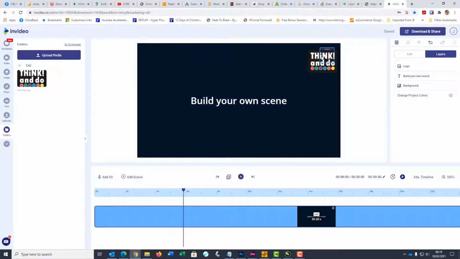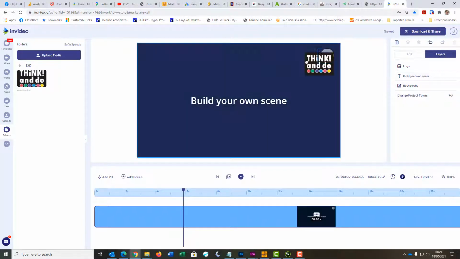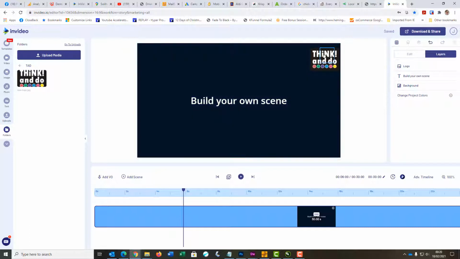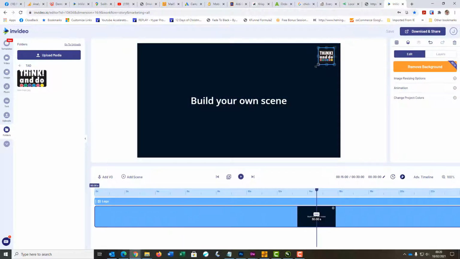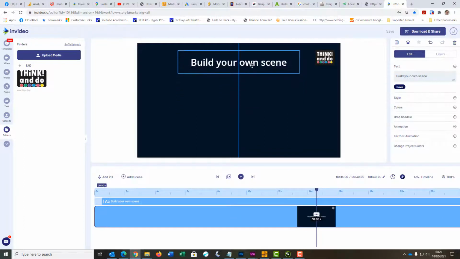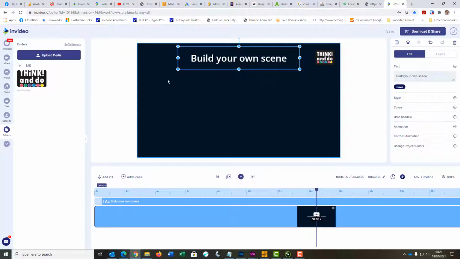and you need to see that square there. Otherwise, if you see that blue square, you'll fill the whole of the screen with the picture. So back to here, there, and I'm going to make it a little bit longer. Build your own scene. I'm going to take that up to the top, and I called this circular text, so I'm just going to put circular